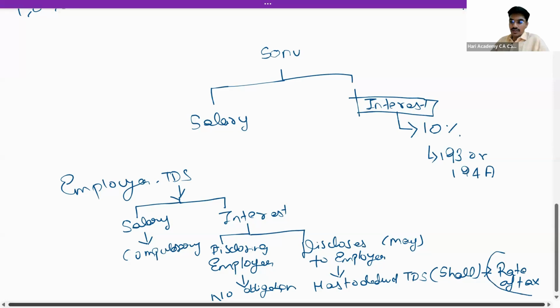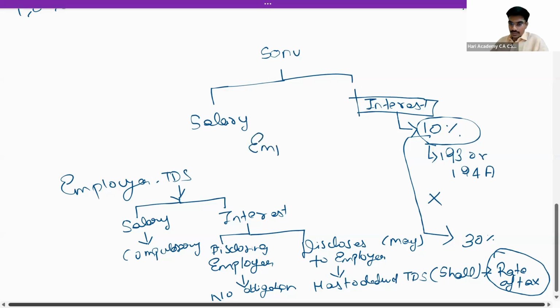Now the employer should deduct tax at the rate of tax. Assume, for example, he is under the 30% slab rate. So he deducts 30%, and this 10% is also deducted. Earlier, there was no provision for the set-off of this 10% with the 30%. Now, if the employee gives these details to the employer,